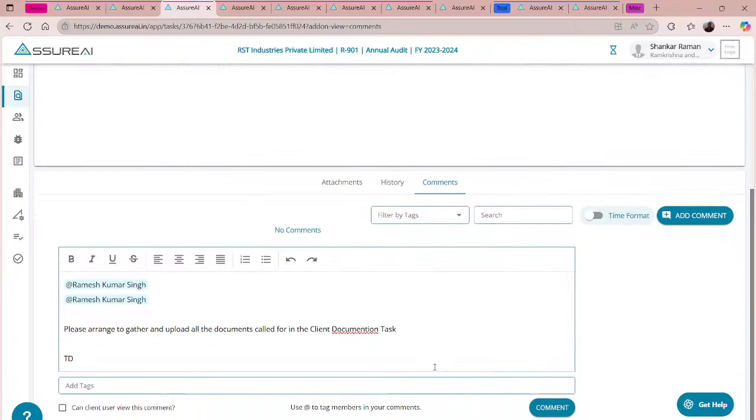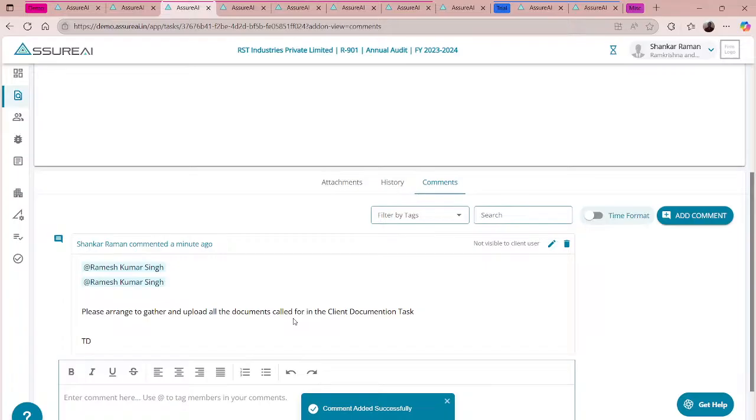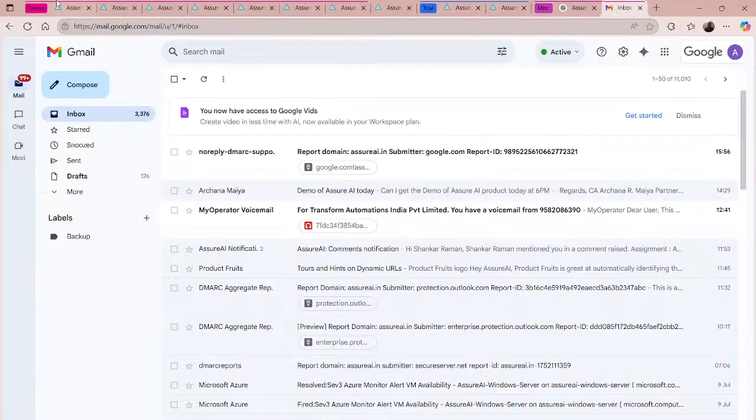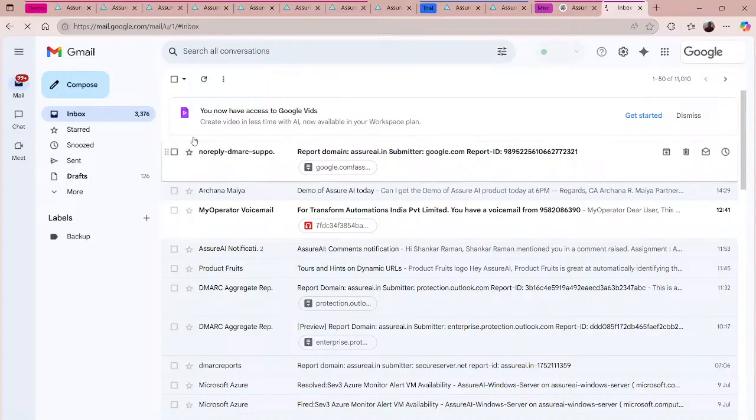Whatever, you can just type your name and so. So just click this comment. This comment will be permanently there. In addition, this will immediately be sent as a mail to the client. So automatically the client will get a mail communication. So this will get updated